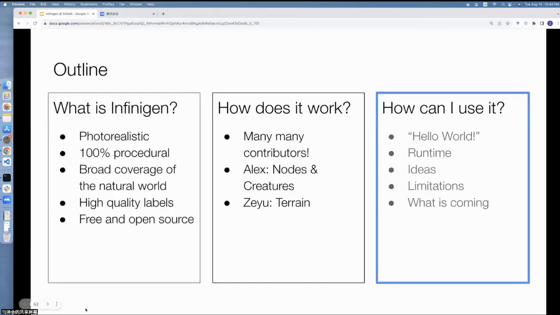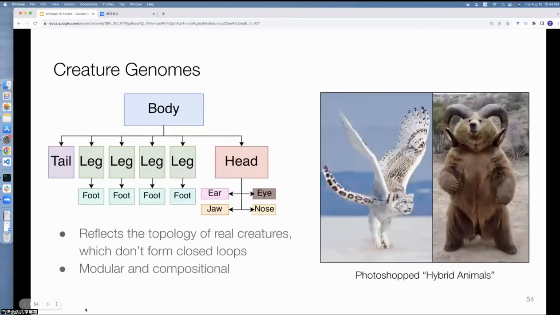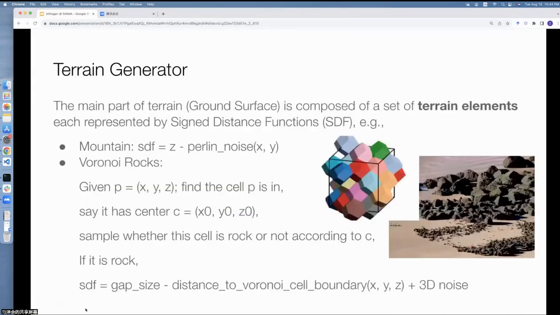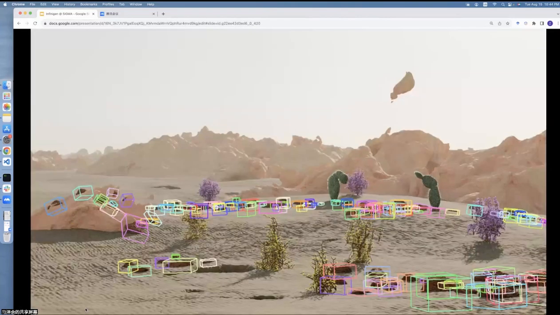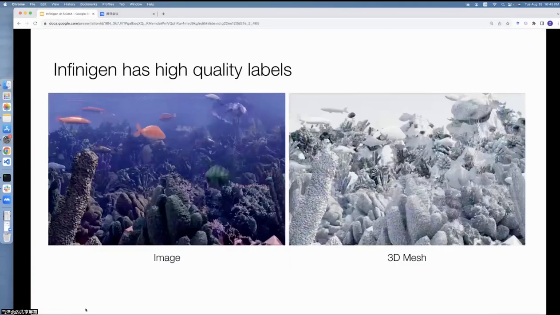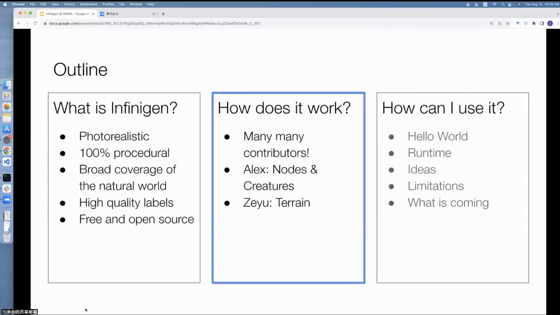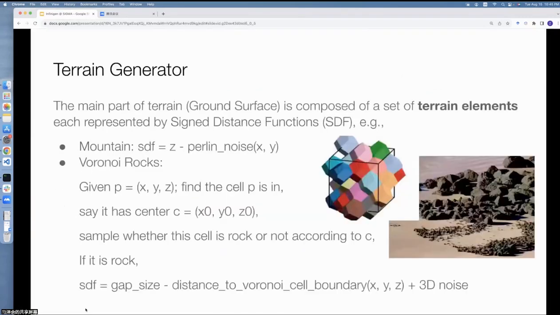Sorry, can you repeat the question? Yes, you show that you generate the real geometry using the signed distance function for the terrain. Yeah. And in this case, yep. In this case, here, I just would like to understand if you have something specific, like the Voronoi rocks you show here. How can we know